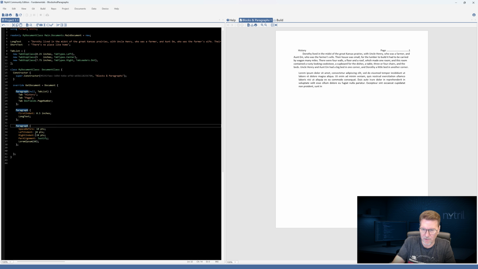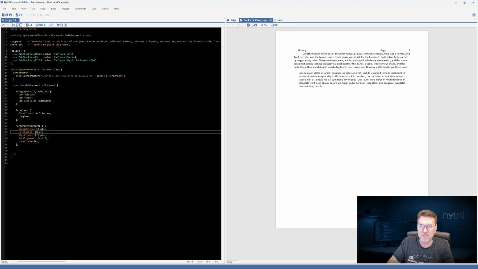And then to make this a nice call out here, we're going to go ahead and add borders. So the first parameter in a paragraph is border class. And we're going to use a little shortcut here. Border TB for border top bottom. And we're going to give it 1 pixel. Don't know what I did there. There we go. Okay, so that's going to give us a top bottom border on our paragraph. So paragraphs can have borders, as you can see here. That gives us a top bottom border with justified text.